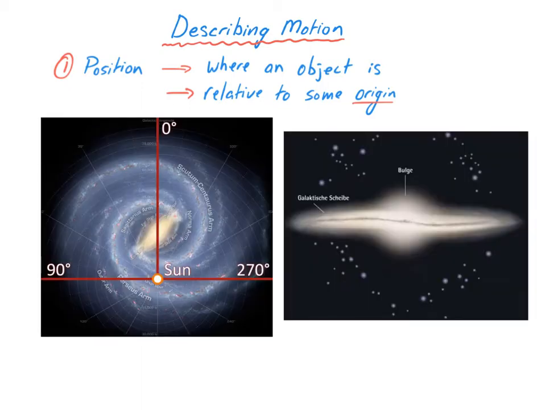Here are some artists' impressions of what the Milky Way looks like. The Milky Way is a bar spiral galaxy. So here we have a central bar with the spiral arms spiraling outwards. So this is like an on-top view of the Milky Way. Side on, we see a central bulge in the Milky Way and then a flat disk where the arms of